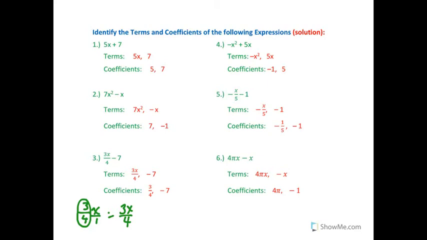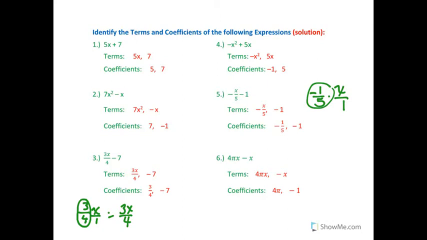In problem 4, we have negative x squared and 5x. And the coefficients are negative 1, imaginary 1 in there, and 5. And this is the same thing. We have a negative 1/5 times x over 1. Negative 1x or negative x over 5. The coefficient is the number that comes before your letter, negative 1/5, and then we also have a negative 1,